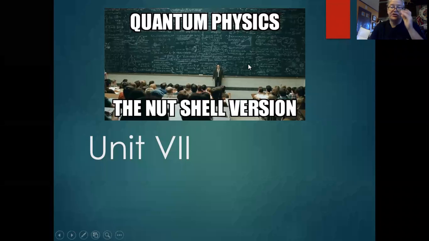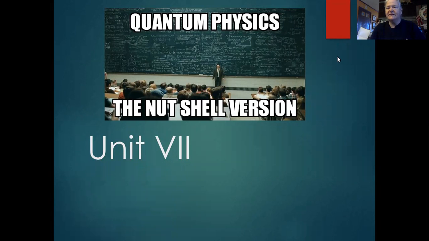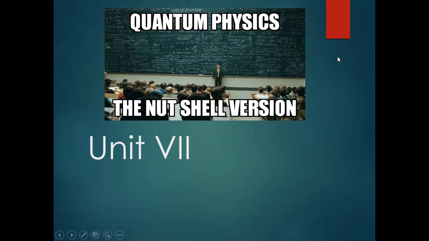Okay, we're going to start the next unit of material, which is quantum physics. This is basically just going to be an overview of what we would call modern physics, which is physics that has been discovered in the last century and a half or so. And it diverts from what you've learned about physics up to now because it looks at differences from what we understand about the atomic level of stuff to what we understand in classical physics.